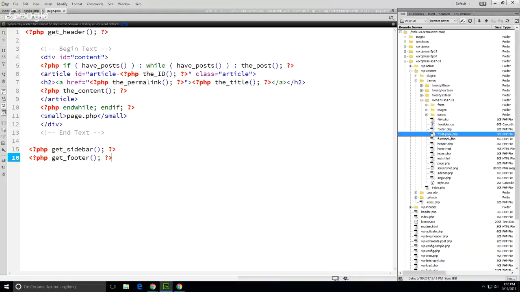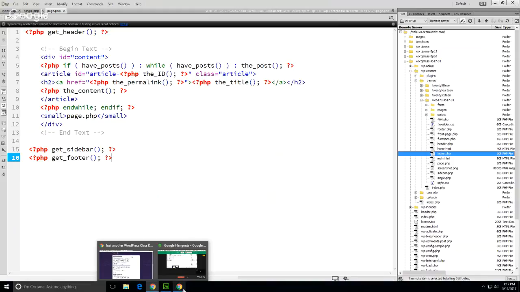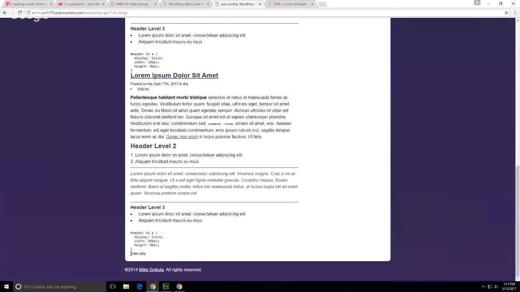So again, front page is the template page that we use for the front page of the website, or our home page, if we have a static home page. Index then is the template page that we are using as our blog feed page, or at least that's the file that WordPress says, great, we're going to go look at your blog feed page. We're going to use index.php as the template. And then the other two,